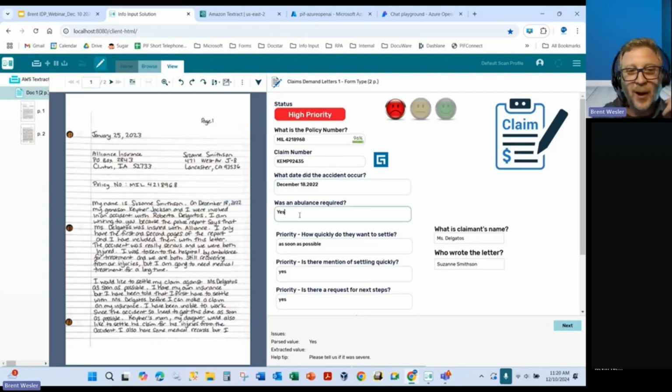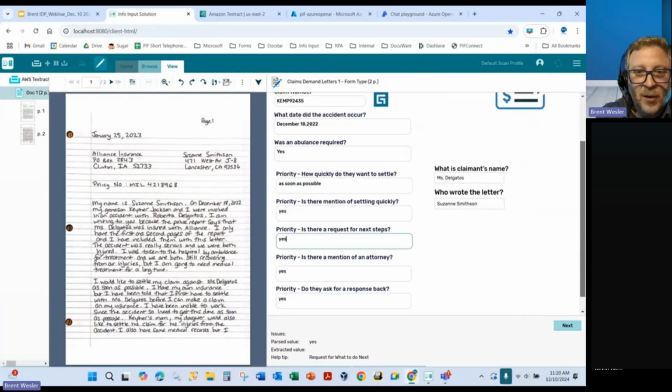Here, was an ambulance required? You could give true false type statements to figure out downstream workflow. Maybe this gets routed with a higher priority. How quickly they want this settled. Is there a mention of settling quickly? Is there a request for next steps? Things like that. And then you can see here, is there a mention of an attorney? Do they ask for a response back? A lot of these things can then trigger downstream workflows, and a real benefit to IDP, intelligent document processing,